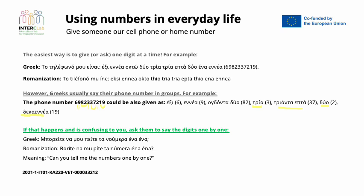Now, if you have spent some time getting used to the numbers and how they sound, especially when they sound quickly, because Greeks have a tendency to speak quite fast, I think that if that happens and you are confused and you do not understand what the number is, I suggest we use the following phrases so you can ask the person that is giving you the number to say the digits, okay, one by one. So, can you tell me the digits, the numbers one by one? In Greek, we would say here,